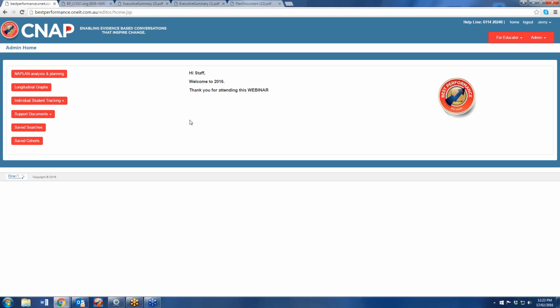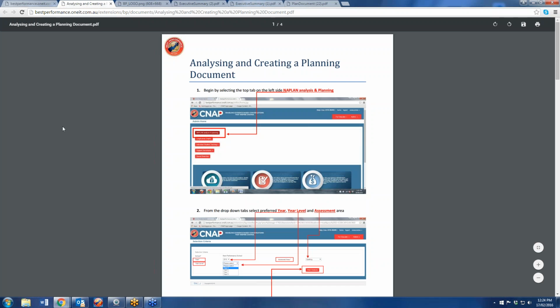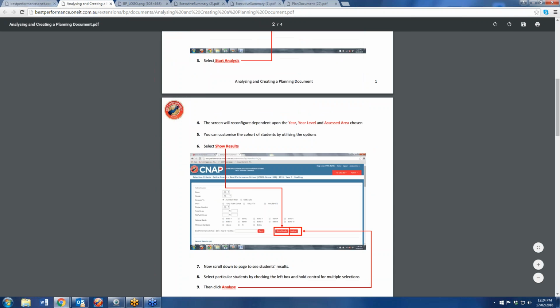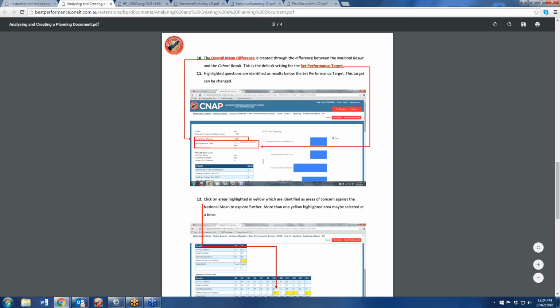What I also wanted to alert your attention to was the support documents have been enhanced. So also what we've got now is some written instructions around analysing and creating a planning document. So everything that I've gone through today in terms of creating the planning document is articulated in step-by-step instructions that are quite straightforward and easy to use.